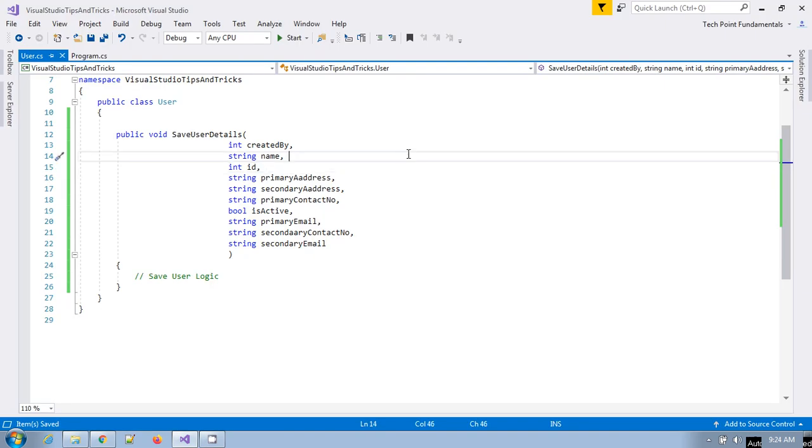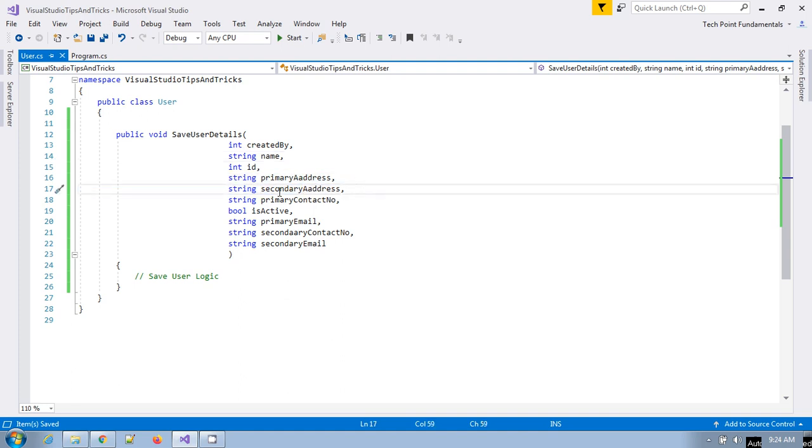So today we will learn how you can reorder or change the parameters order of any function. Suppose in this agile development, currently I have created some functions and there are some parameters, but based on requirement, based on other fields, we can go and add some other properties as well.